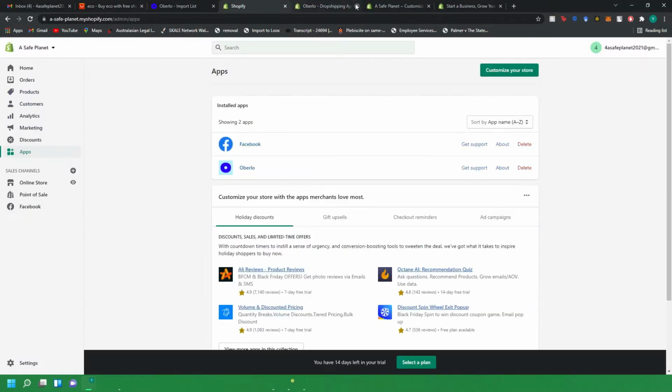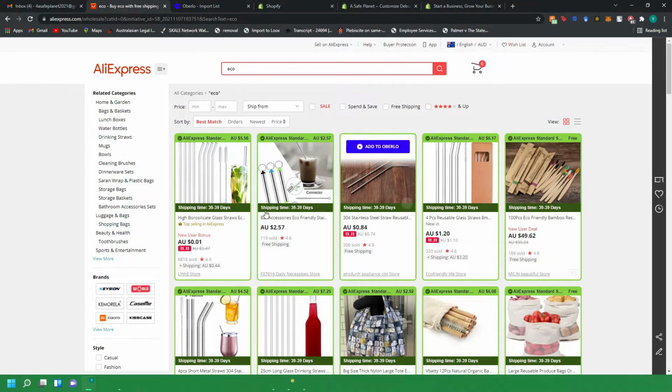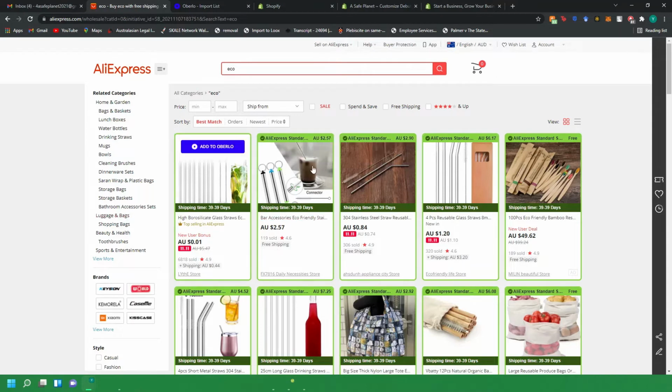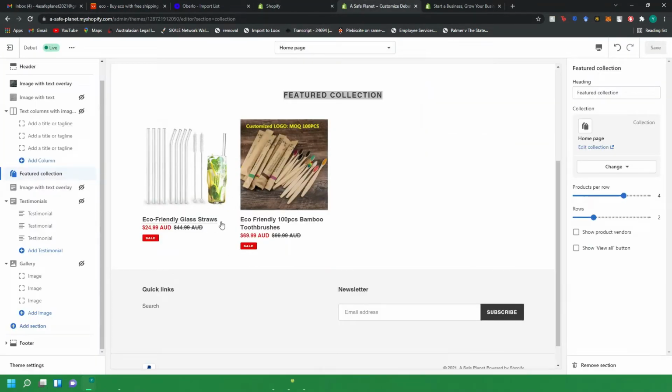So once you have that, go into AliExpress and create an account as well. Create an account with the same email, and then Aberlo, once you refresh the page, will connect AliExpress and Aberlo, so you can import whatever item you want straight from AliExpress to Aberlo. So since I've already done 2 products on my store, eco-friendly glass straws and eco-friendly bamboo toothbrushes,